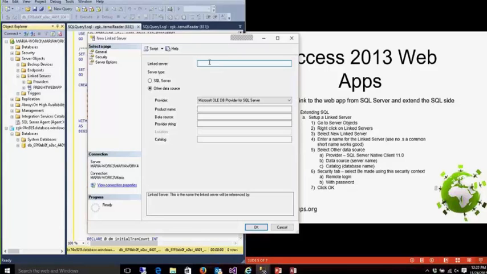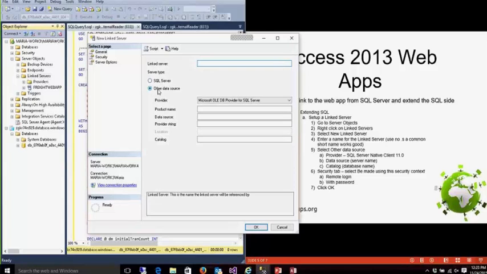for the linked server here, and you want to make it a simple name. Don't use dots in it. Use a common short name. For example, I called it the Freight Web App because what you want to do is be able to get to that in a SQL select statement. And if you use dots in it, then SQL gets confused because dots are what it uses between things like a server name, a database name, a schema name, and the table or view itself. So you set it up to be a simple name,